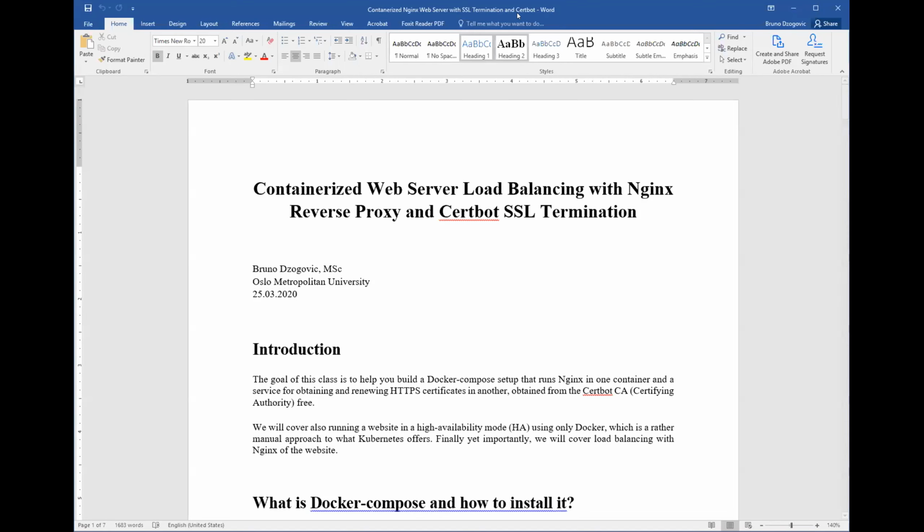I will share this with you later. It's a containerized solution: web server, load balancer and reverse proxy with certbot SSL termination. So you can use certbot certificates to automatically renew them after a year or 2 years.